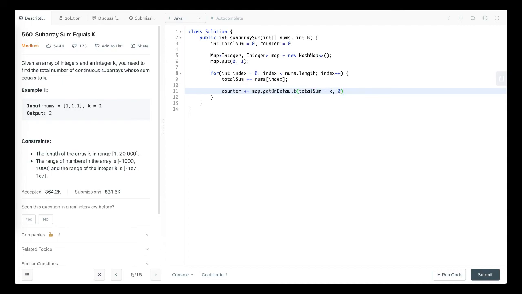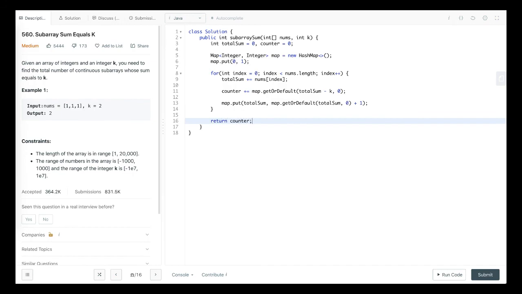So if it is found, it will give me that count, otherwise it will just return me 0. And at the end I need to add the current sum into the map. So map.put total sum, map.getOrDefault total sum, if it is not found, just return 0, plus 1, and then just return the counter.